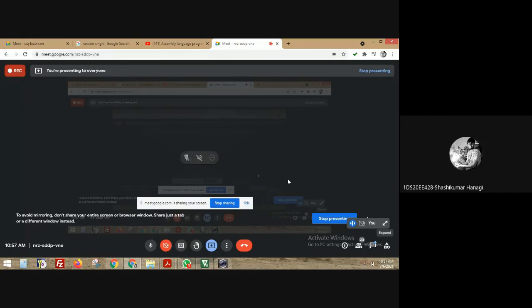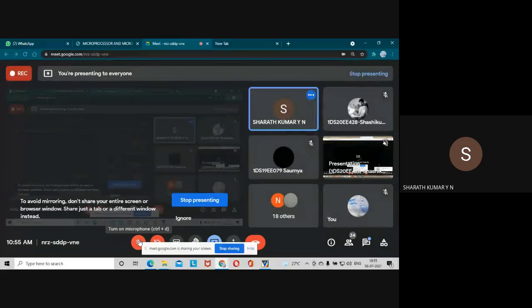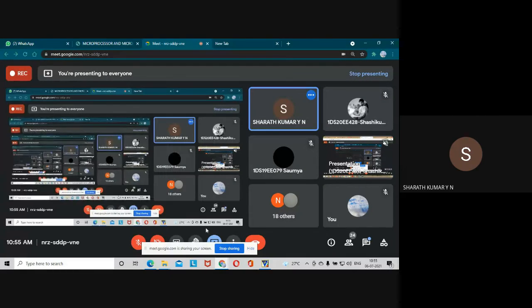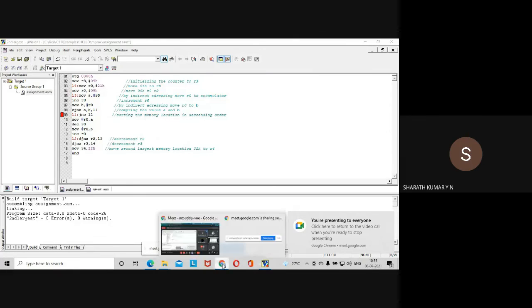Then Yogita is showing the output. That red dot indicates a breakpoint on line number 8.